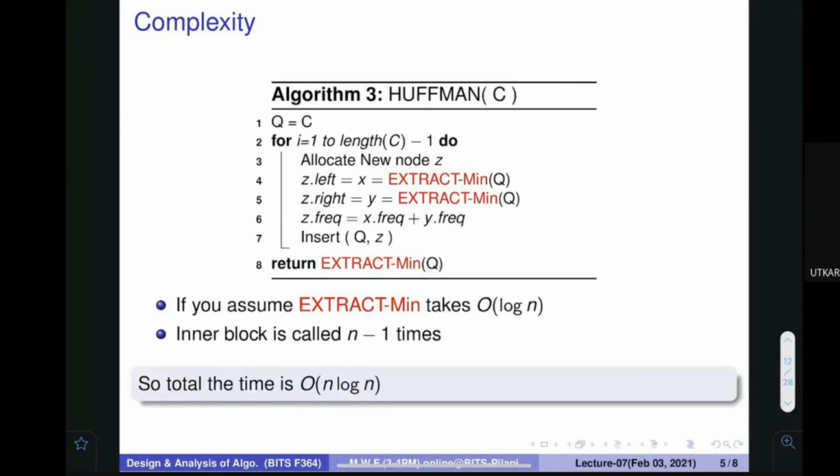Okay, so I hope that the algorithm should be clear to you. Now I want to discuss with you the time complexity, how much time this algorithm is going to take. This algorithm runs length of C times. If C contains n items, then because of this for loop, something is multiplied by n.